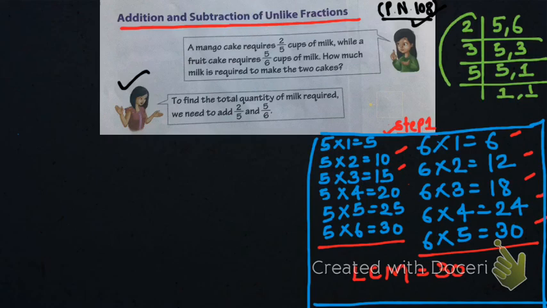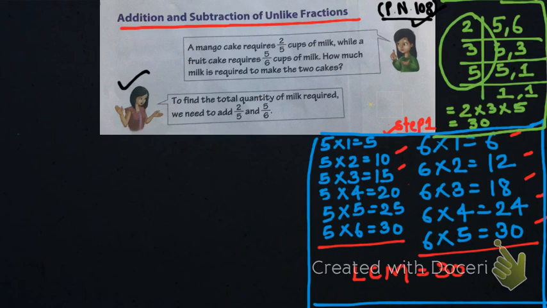You need to multiply these numbers. So 2 into 3 into 5 will give 6 into 5. 6 into 5 is 30. So our answer is 30. You can find the LCM by either of these two methods. Okay, either by this green method or this blue method, that is written in blue.